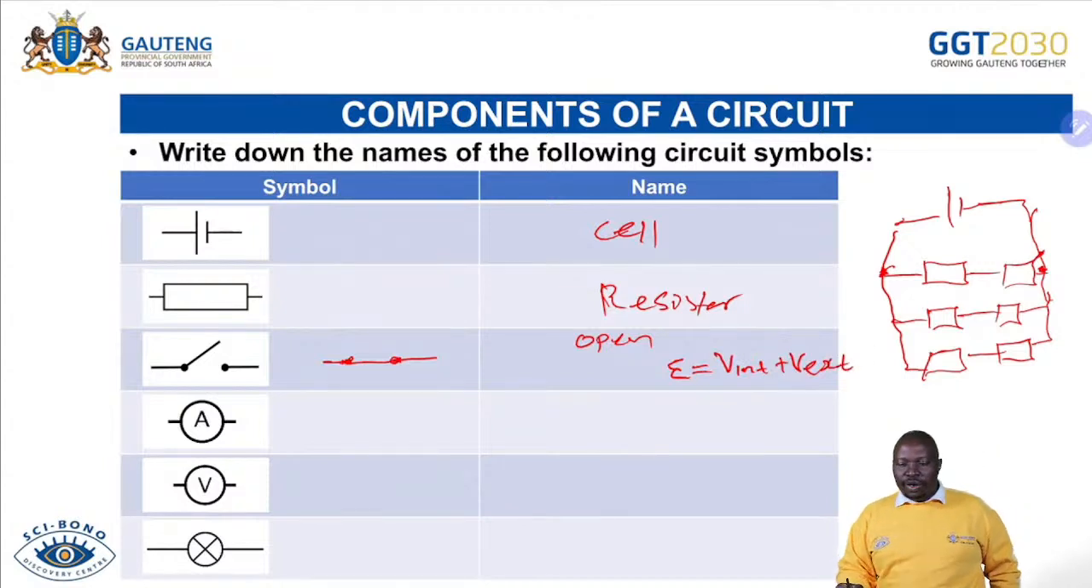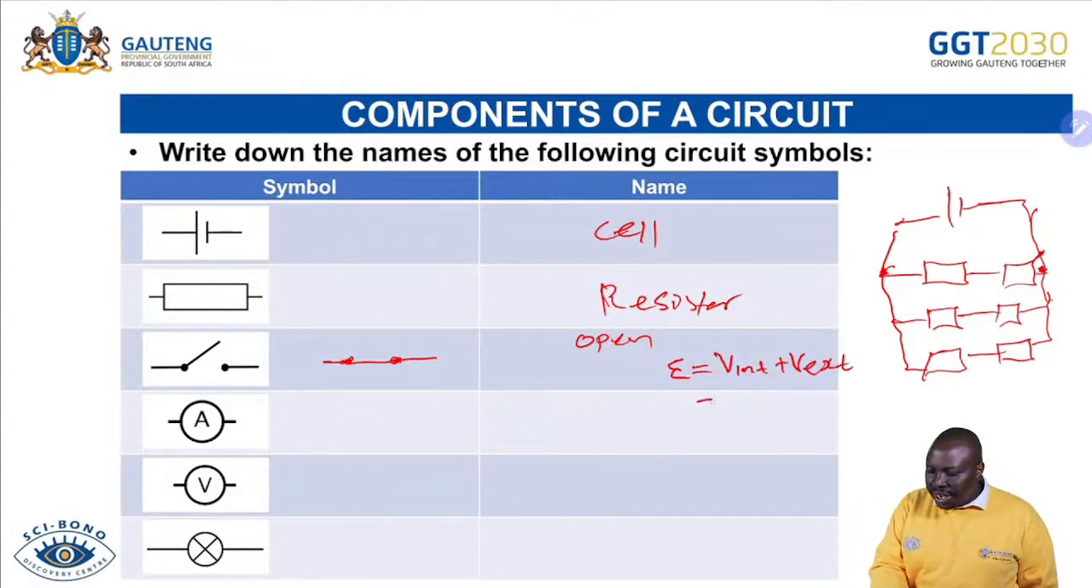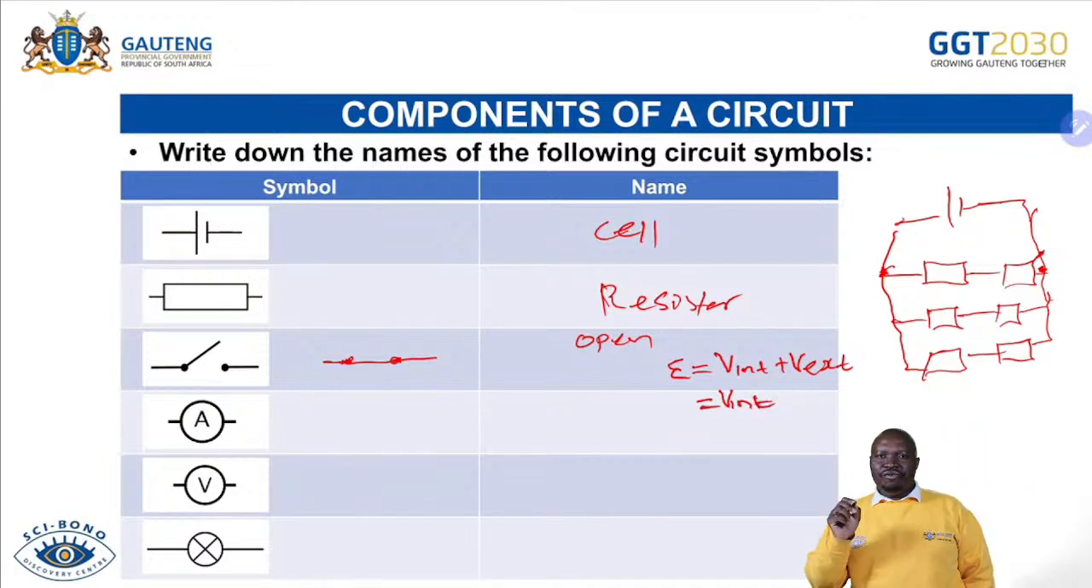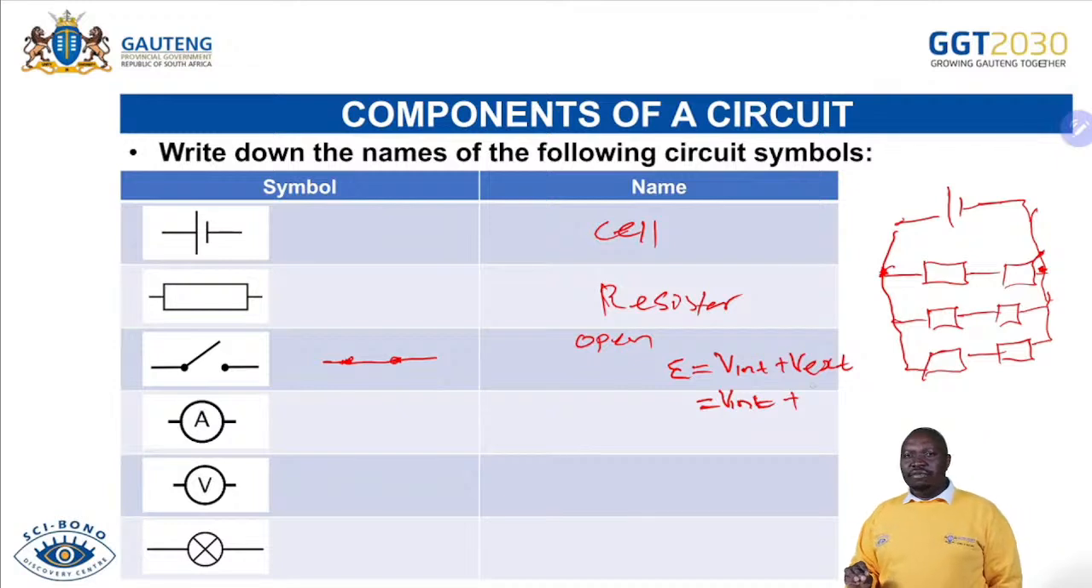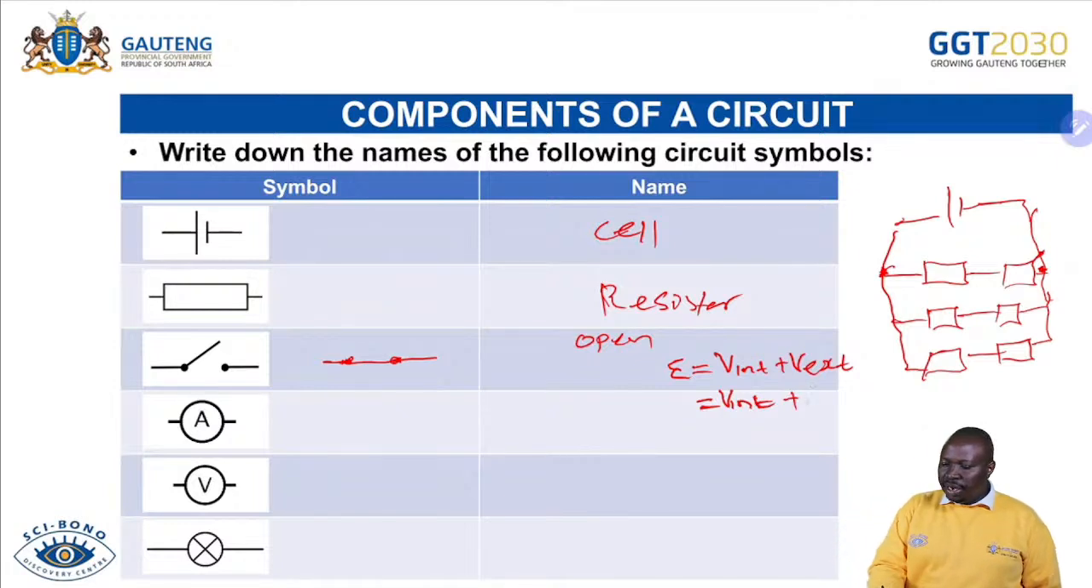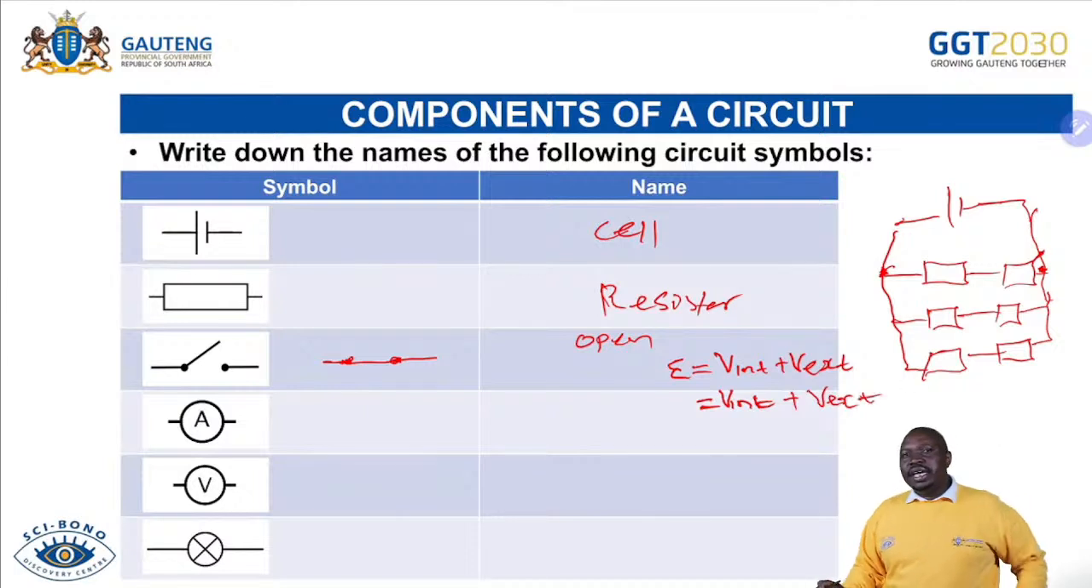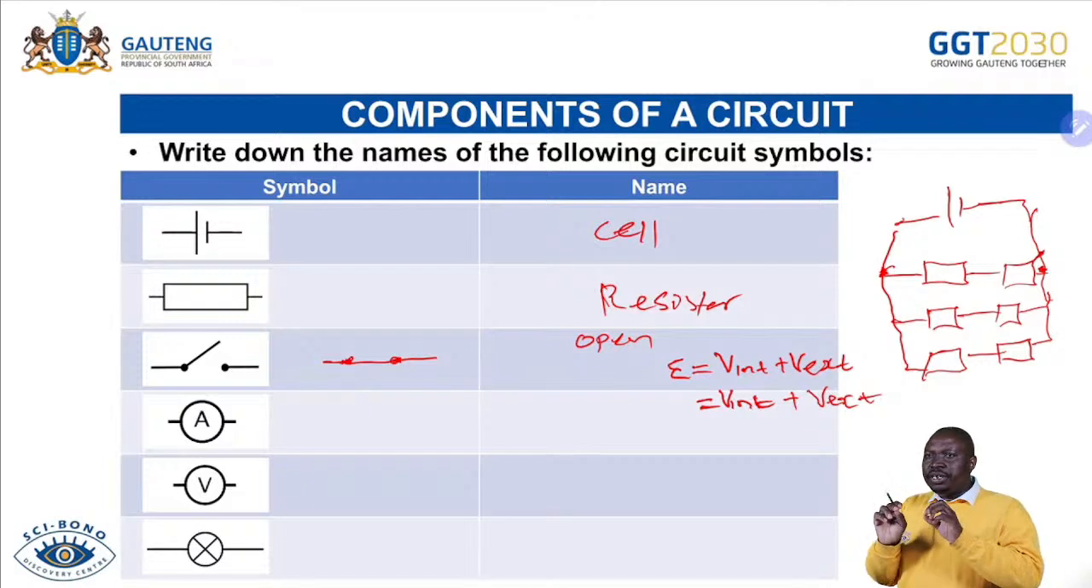So there will be some voltage that will be left inside the cell, or inside the battery, hence we refer to it as V internal. And then some of the voltage will go outside of the battery, and that will be called V external. So in real essence, when you close the switch, the EMF, if we have internal resistance,